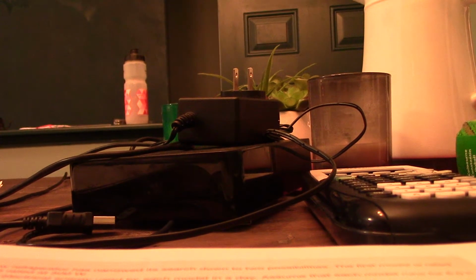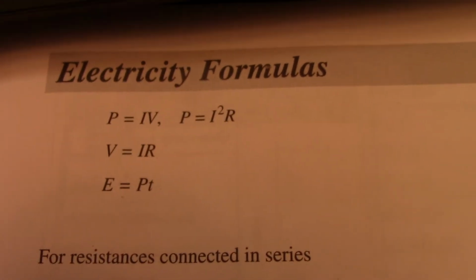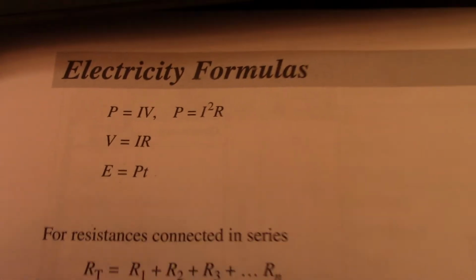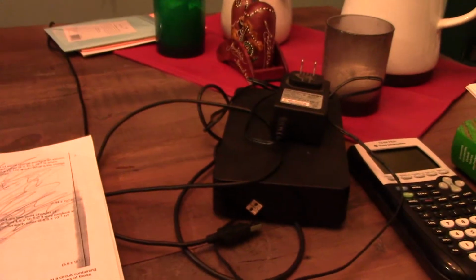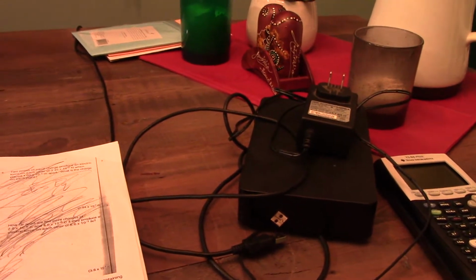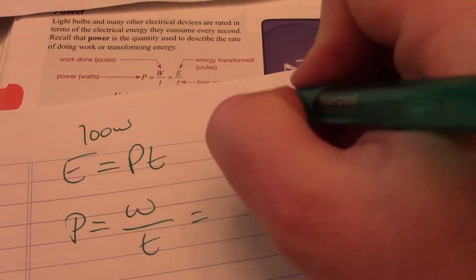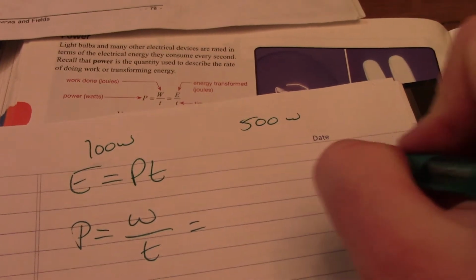So energy equals power times time. So this is in your formula book. So you need to do two things here. All right, we have to solve for power. We know that power equals energy over time. And then we need to solve for energy in joules. All right, so if I have a 700 watt appliance and I have a 500 watt appliance and they run for 6 hours each day,